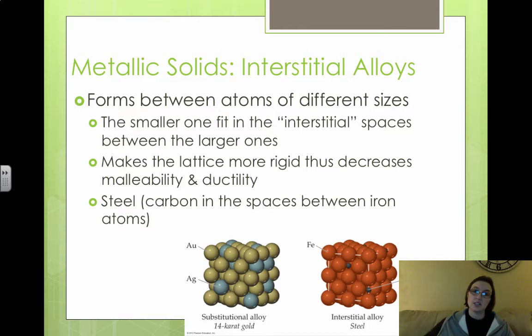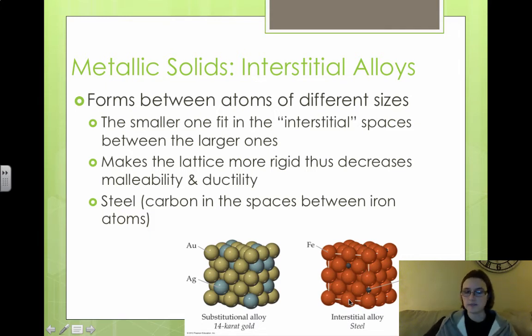In an interstitial alloy, it forms between atoms of different sizes. So typically you have to have an atom that is significantly smaller, because in an interstitial alloy, a second element actually fills in a space or a hole in the lattice of the metal atom. So no original metal atoms are being removed, but you can see down here that we have solid iron. And what happens is you can actually put much smaller carbon atoms into the holes to create this interstitial alloy,